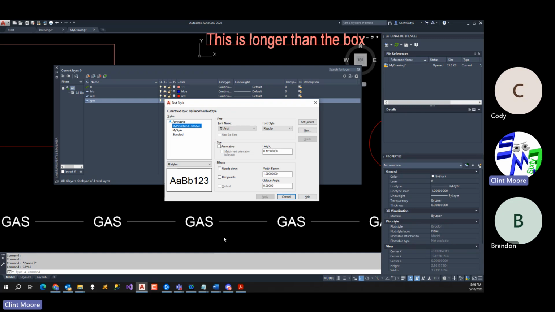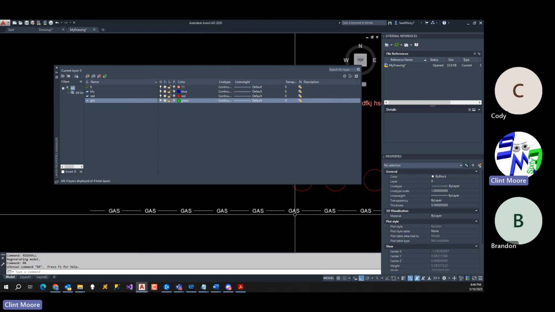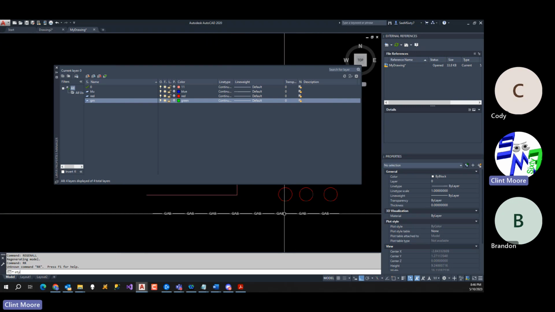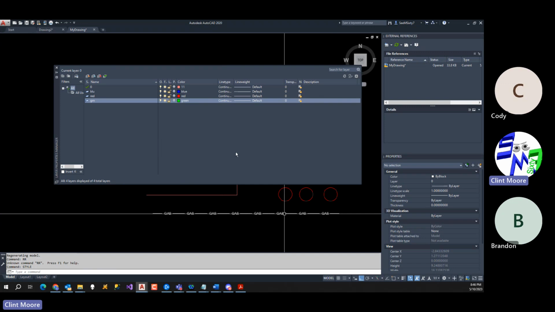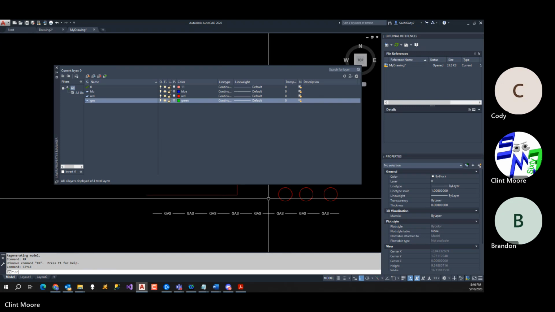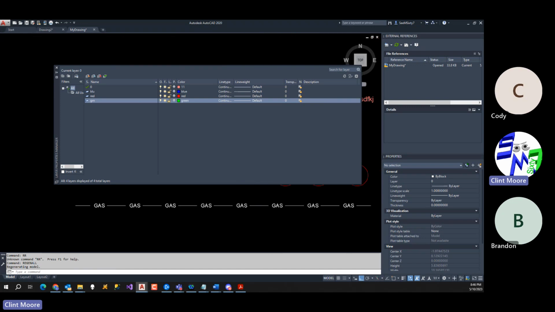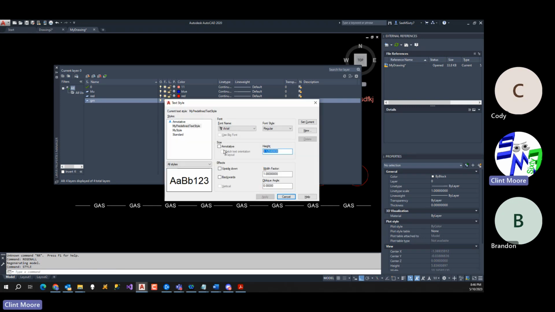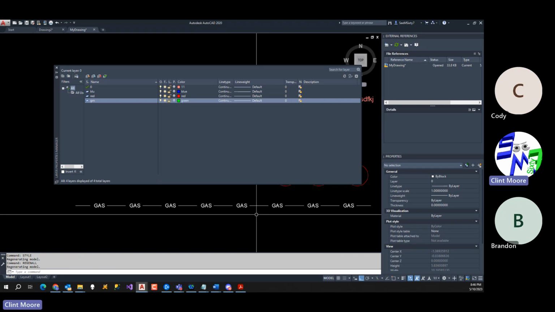But I come here and I mess with the Standard style. If I put a height on there and say 0.125, and I regen, that's not modifying it. DDSTYLE. Because it's on the wrong one, 0.125, and regen. This can get to where it starts affecting this. Actually, we're okay right now because the text height's not affecting its style. And I set it to 0.5. Close again. It's actually not affecting it, but